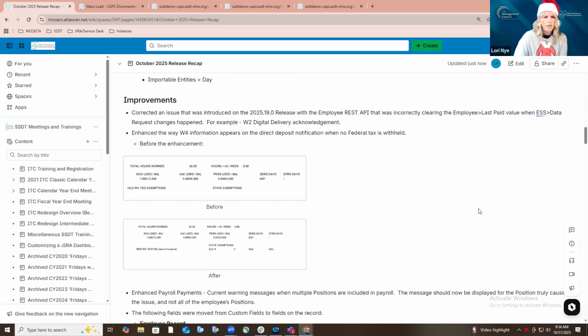When it comes to the improvements, on the 2025.19 release, we put out an enhancement for the ESS side of things relating to those data request changes, in particular the W2 digital delivery acknowledgement. And in doing so, one of the side effects from that enhancement was that it inadvertently cleared out the last pay date